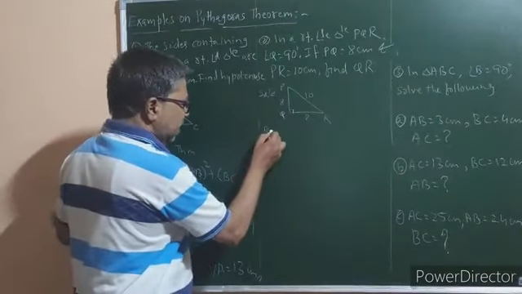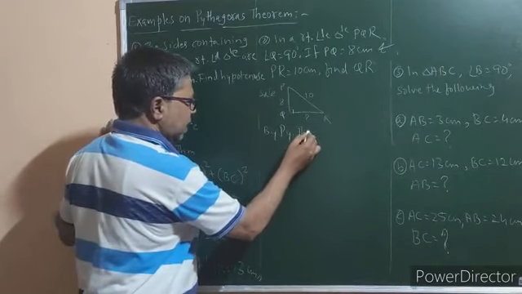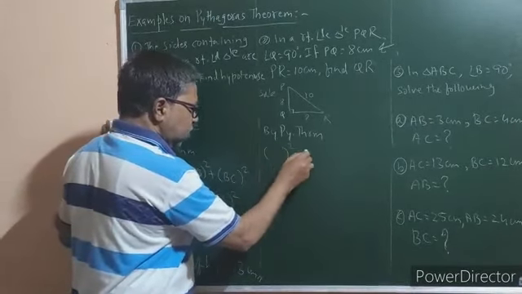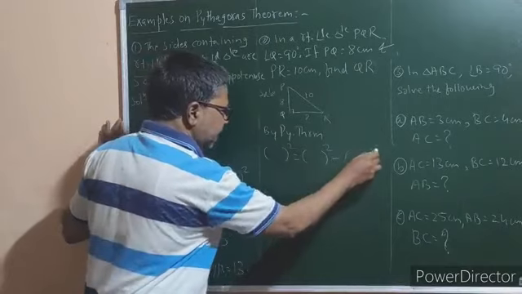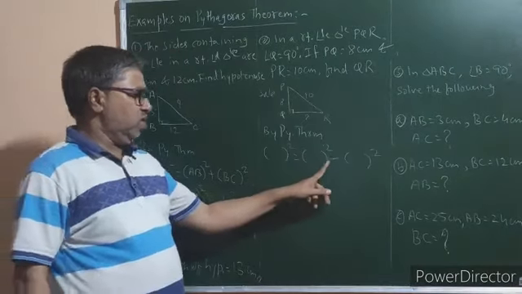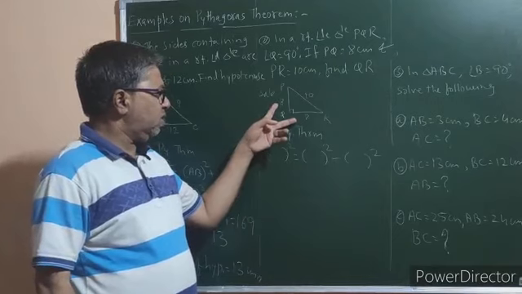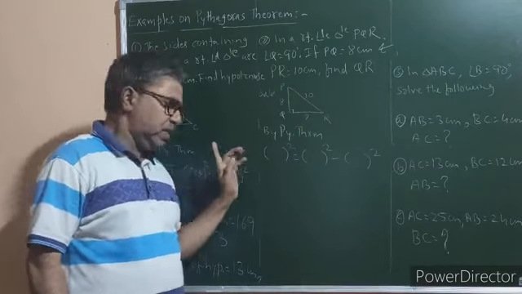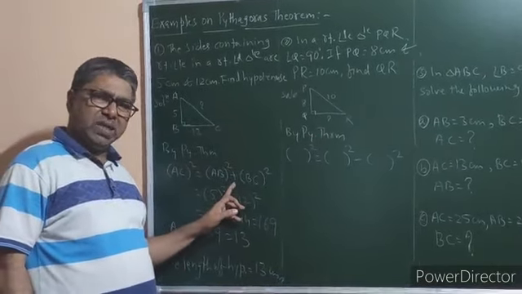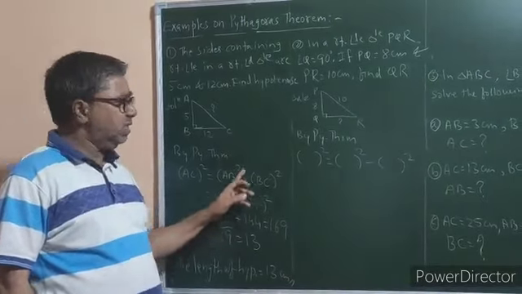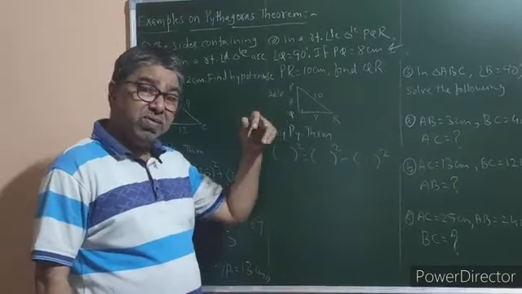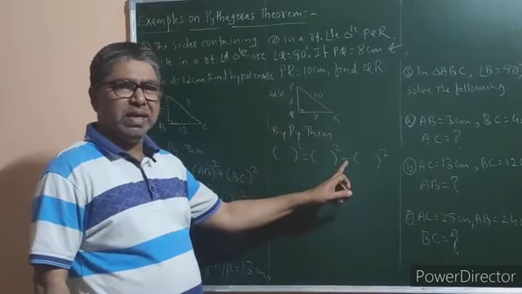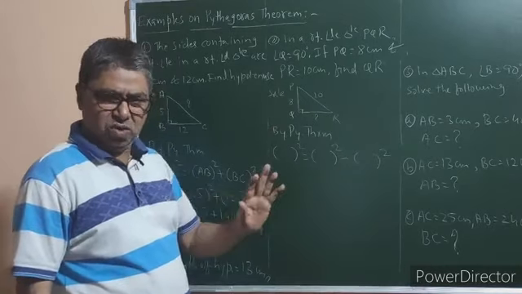So by Pythagoras theorem, we are applying Pythagoras theorem here. Write the skeleton: (empty bracket) square is equal to (empty bracket) square minus (empty bracket) square. Minus, because one of the sides containing the right angle is asked here. If the hypotenuse is asked, then the RHS of the mathematical statement of Pythagoras theorem will be having a plus sign. If any one of the sides containing the right angle is asked, then the RHS of Pythagoras theorem will be containing a minus sign. Okay, this you have to remember.